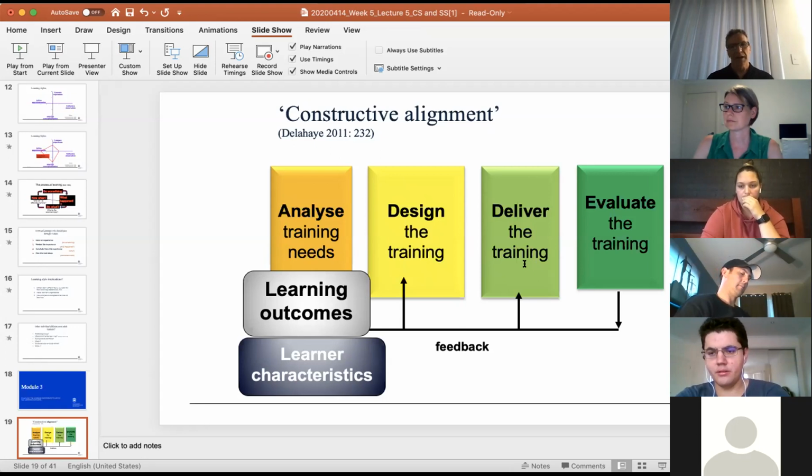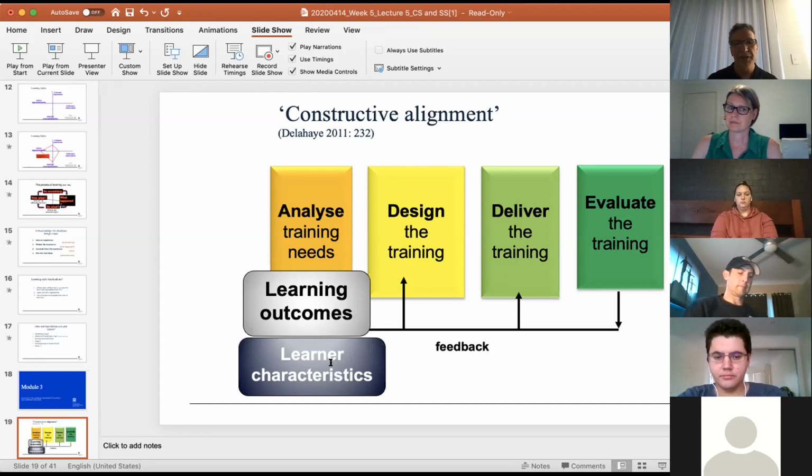Yeah. And then at the end, you need to have some way of evaluating whether the participants can actually achieve those learning outcomes. Again, learning characteristics come into play. You might need to use different things. If it's a skill session, as we will see, you need to show and tell. And for some, that might mean that you've got to show in different ways and tell in different ways, in fact.